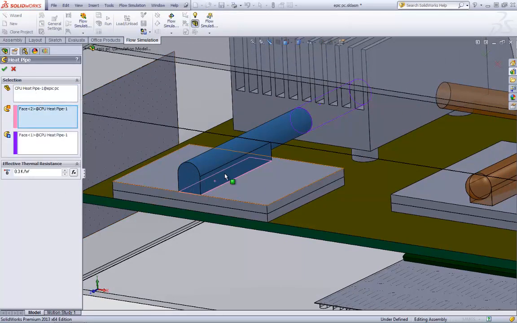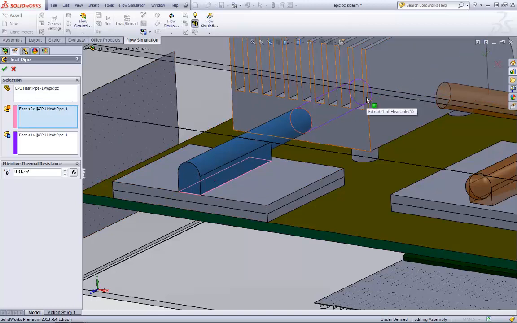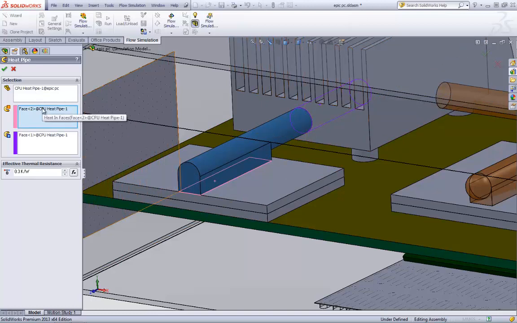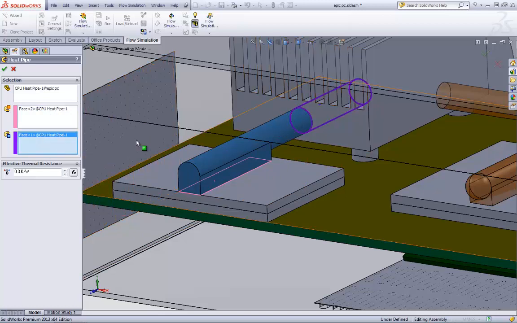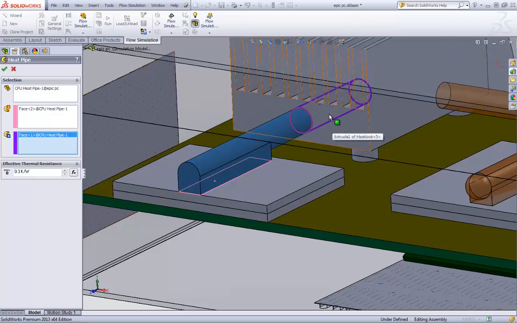So this is one single component, and it goes into the heat sink. We specify the heat in face or faces, so this is the junction between the chip and the heat pipe, and we specify the heat out faces. So the heat where the heat exits the heat pipe, and obviously that's the junction between the heat sink and our